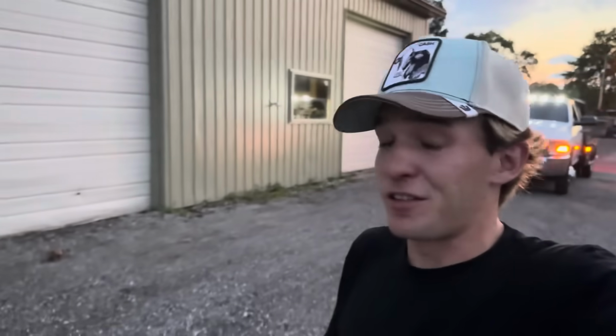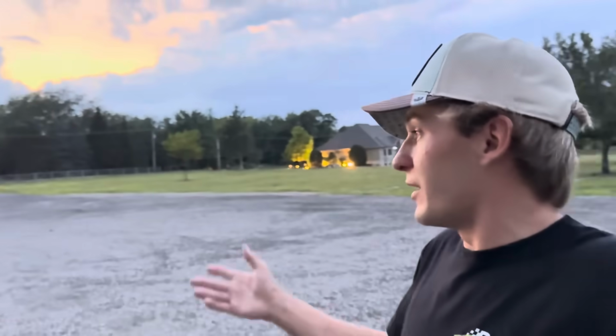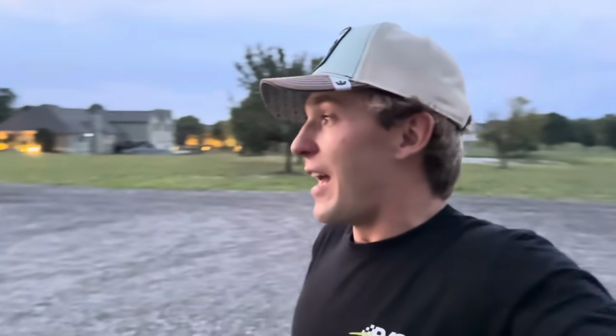So with that being said, that's gonna end today's video. I don't know, what do you guys think of this truck? I think personally it's badass, and I cannot wait to see how it does once we get it deleted, tuned, put the exhaust on it, and get a gooseneck hooked up on it for a long travel, because I only went about an hour round trip with the gooseneck on it, and it did phenomenal. But obviously when you get on the highway with one of these trucks towing, that shows you the true power